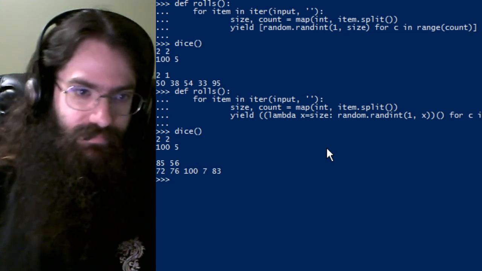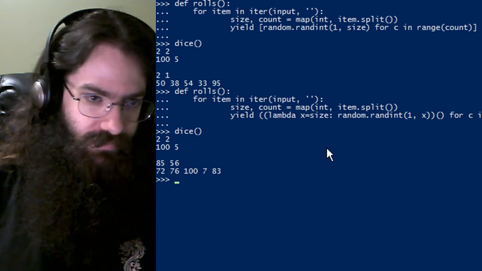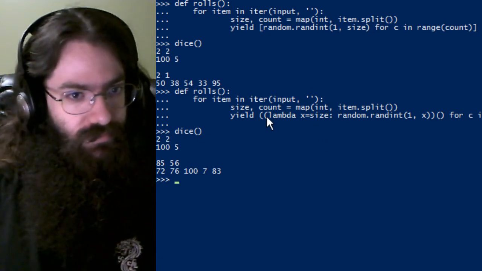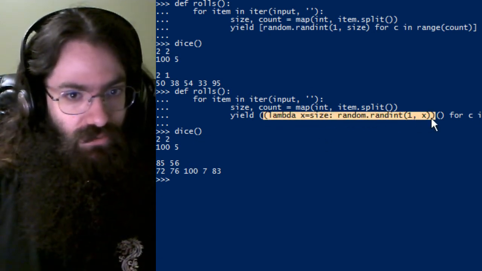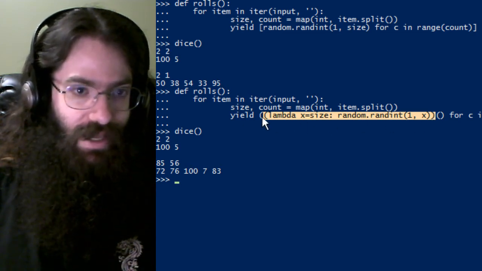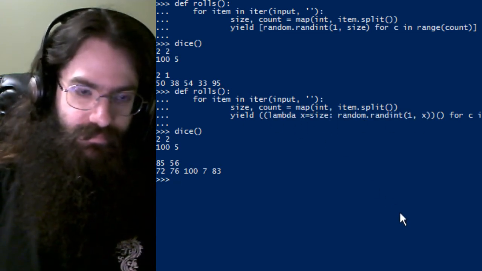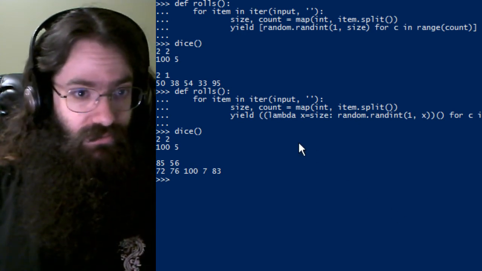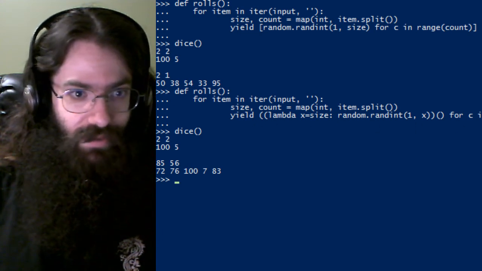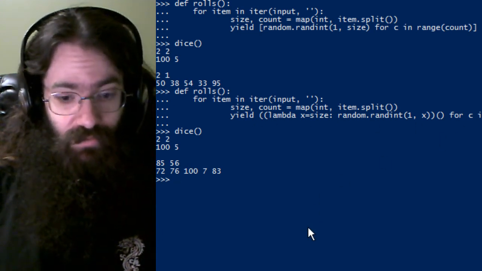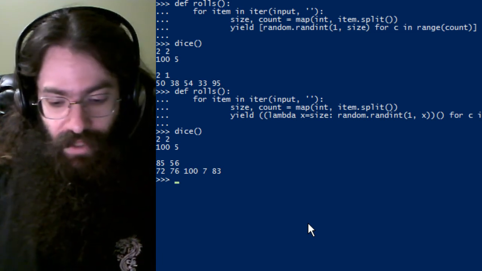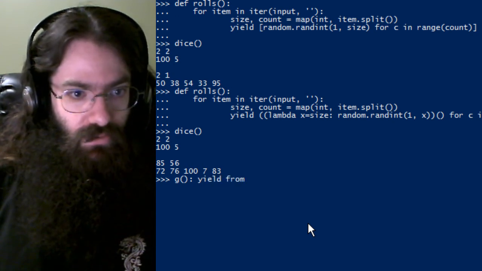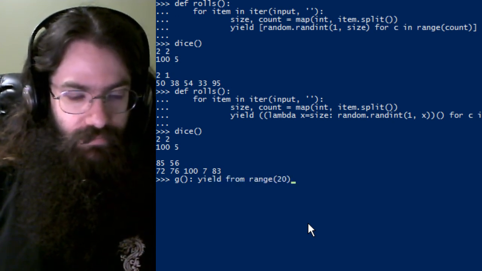Okay. Never mind. I thought we could play a little joke on it by changing the closure, but I guess not. It hadn't gotten in there at all. I would have needed to have a closure around the whole thing. That's what happens with generators. They're lazily evaluated. If you have a generator g of yield from range 20,